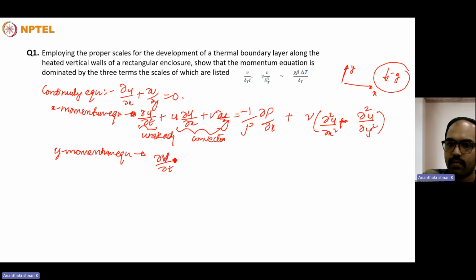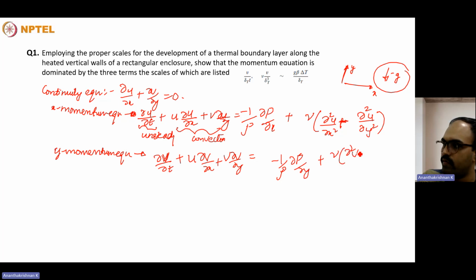dou v by dou t plus u dou v by dou x plus v dou v by dou y is equal to minus 1 by rho dou p by dou y plus nu times dou square v by dou x square plus dou square v by dou y square. The same convection terms, unsteady term, pressure term, the viscous forces, and then comes the term due to